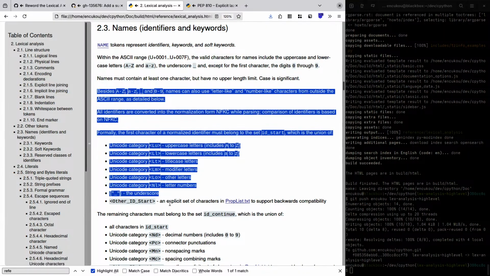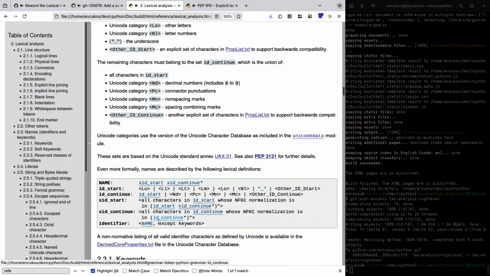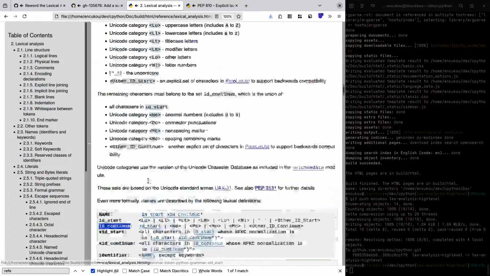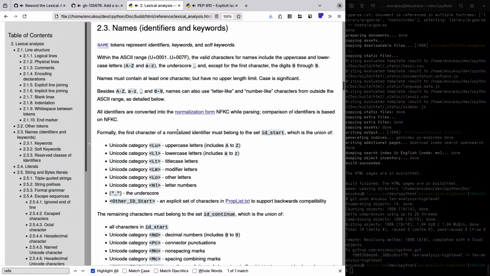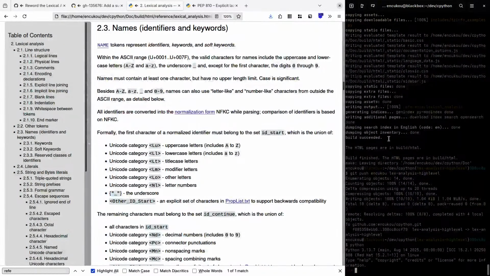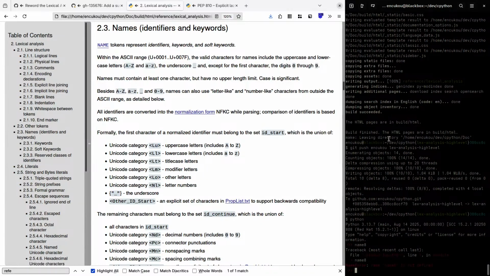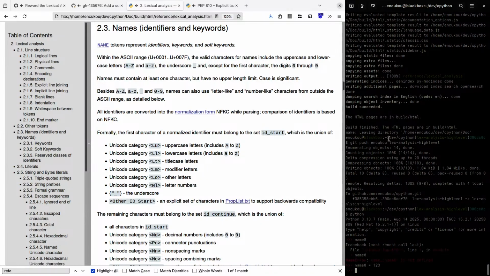Then we get to what the valid names are. Besides the first character, digits 0 through 9. What does it mean besides the first character? You can have a name with a digit, but not as the first character. Oh, as a variable name, but you cannot have it the other way.